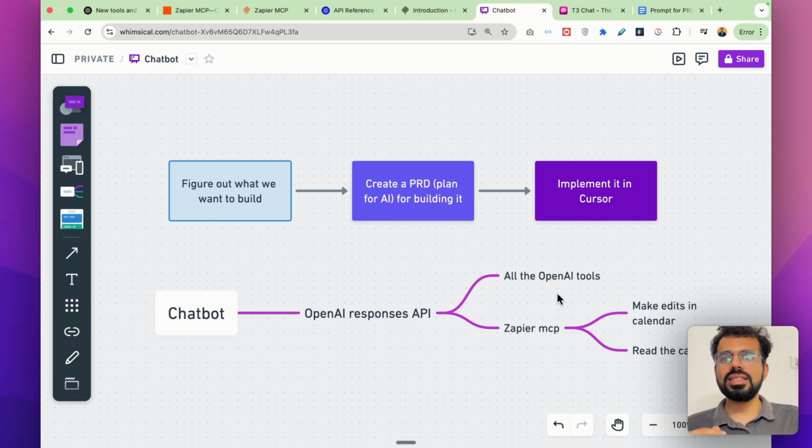From here, this has access to all the OpenAI tools, things like image generation, text generation, web search. And apart from that, we have also hooked up our Zapier MCP over here, which gives it access to our Gmail calendar, so it can make edits in the calendar and read all the calendar events. So this is how the entire flow looks.